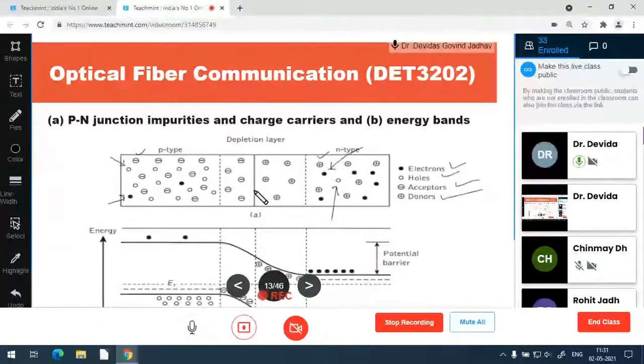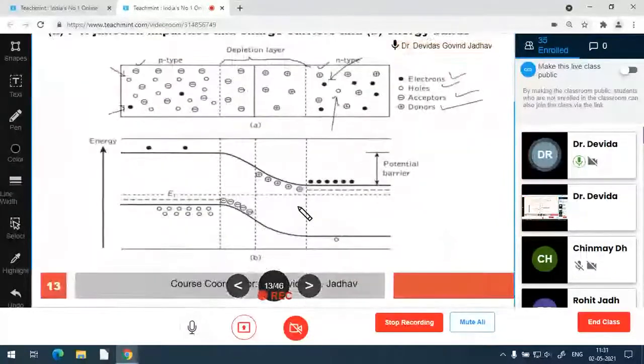Whenever there is junction formation, a depletion layer is created due to the neutralization of atom structures and ions, and the exchange of charged particles, that is the electrons, among them. This exchange creates a neutralized zone and further avoids the exchange of charged particles. So the depletion layer stabilizes and ensures that further P and N region charged particles cannot travel through it. So it becomes electrically insulated. The energy state is shown in this way.